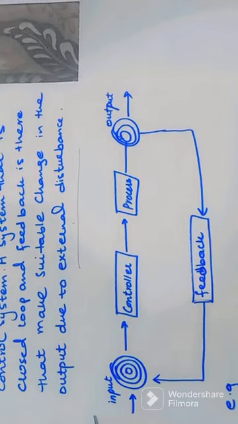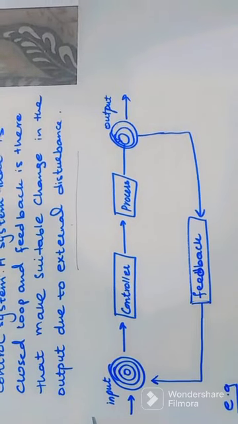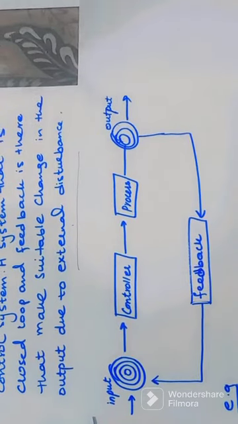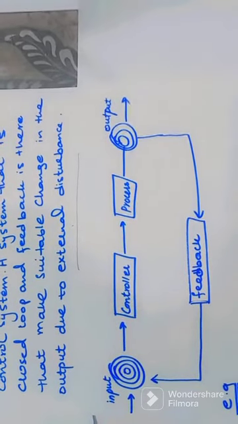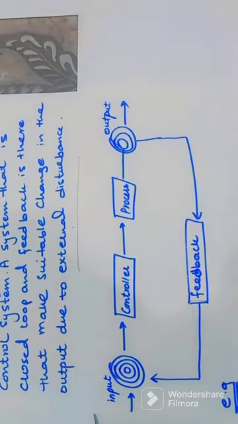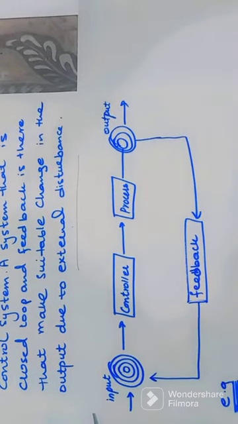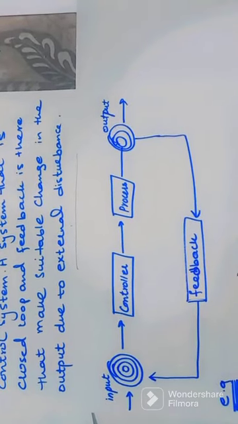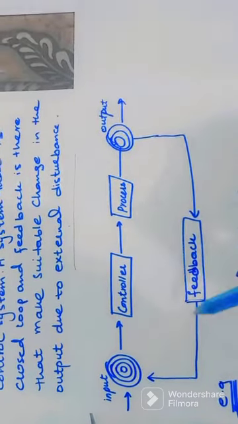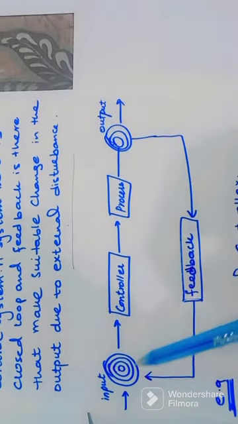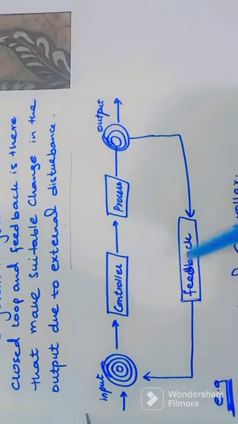So external disturbances are, for example, temperature affecting that system, pressure, humidity, air pressure. Any outside disturbance on that system is an external disturbance, and that external disturbance makes a slight difference in our output. So feedback, which is a comparison maker between the output and the input of that system, always gives us